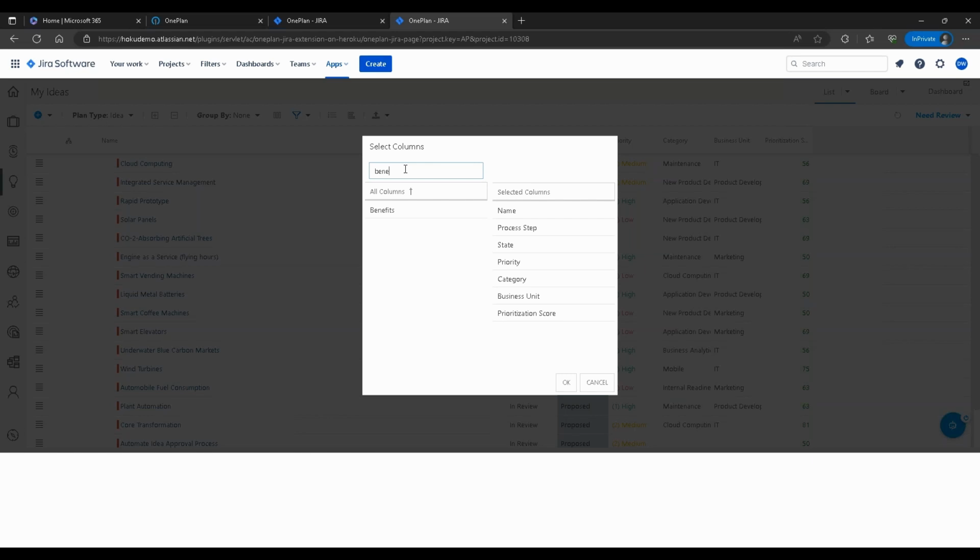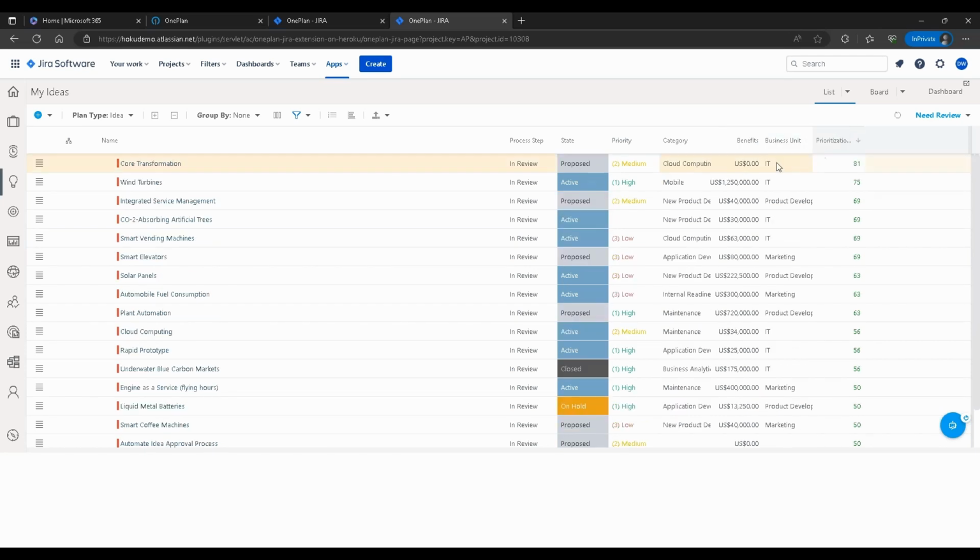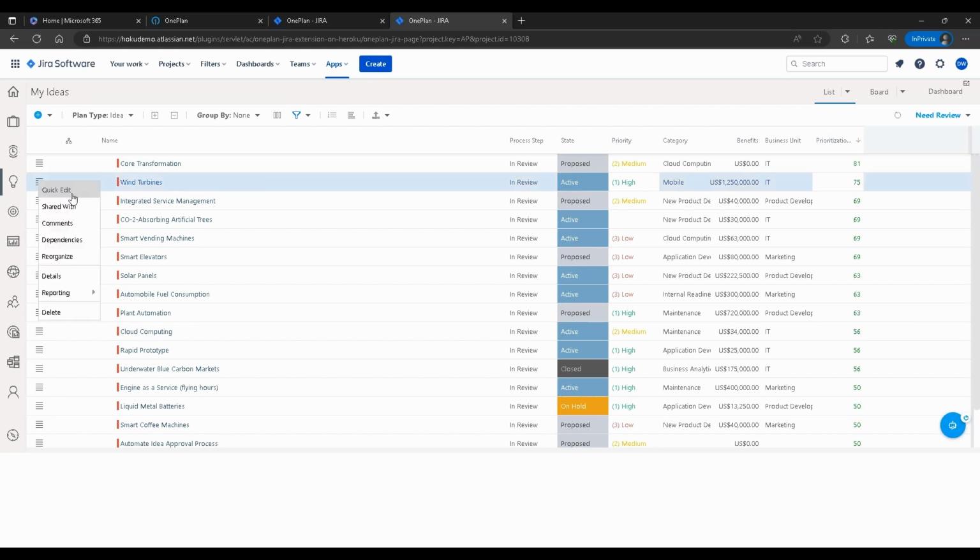If we wanted to include benefits as part of our view, we could do that, and then have that as the criteria that we're using in order to see, okay, from a prioritization standpoint, this one doesn't have any benefits, but it's very highly ranked. This one is ready. It's actually active, so we could come in here and approve this item. If we want to approve it,